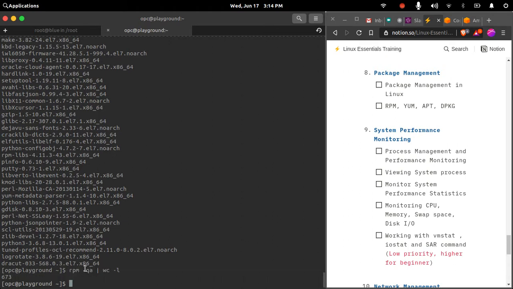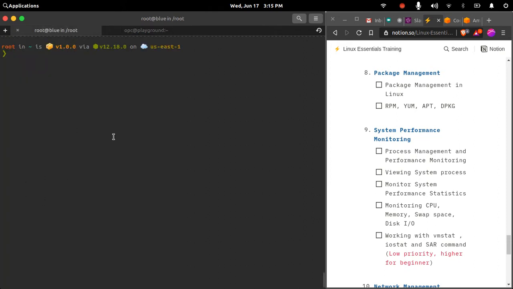Okay, so I'll provide you with a cheat sheet which will give you an overview of different commands that you can use to install packages, to delete packages, to upgrade packages. So just take an overview of these commands right now. I'll provide you with a cheat sheet. So we will now check apt and dpkg. These are the package managers for a Debian based system.